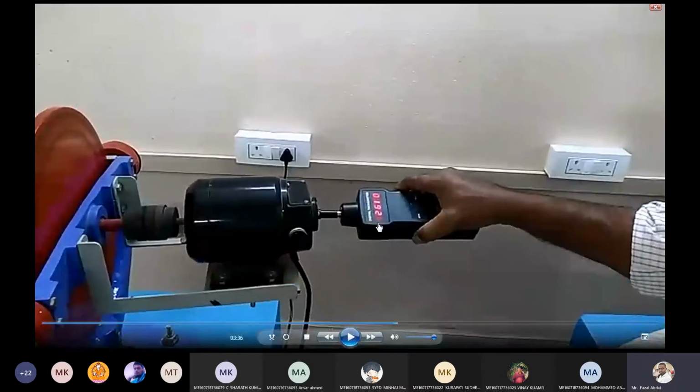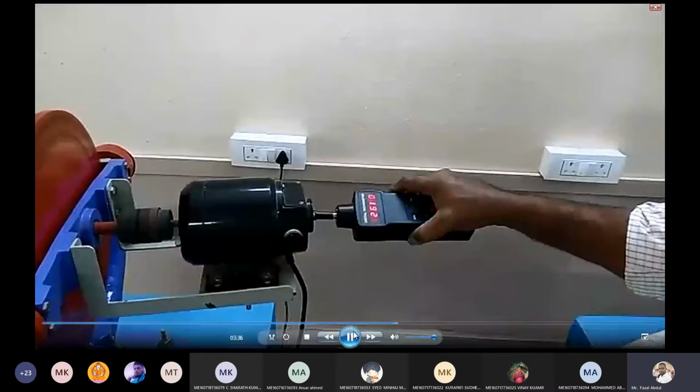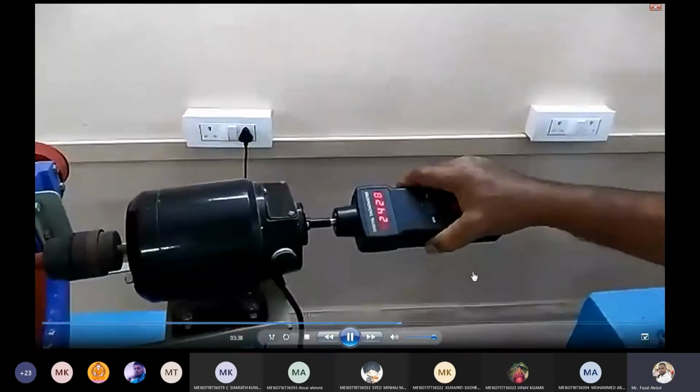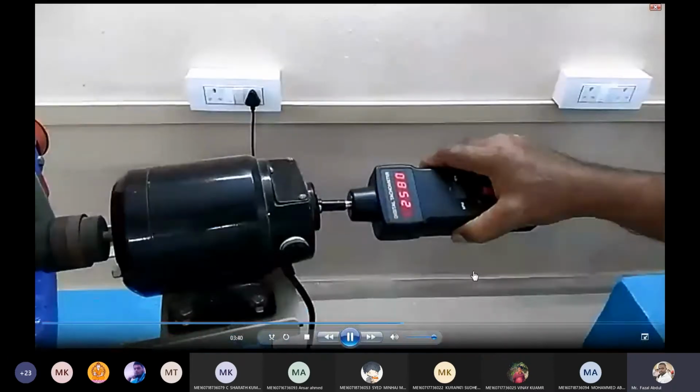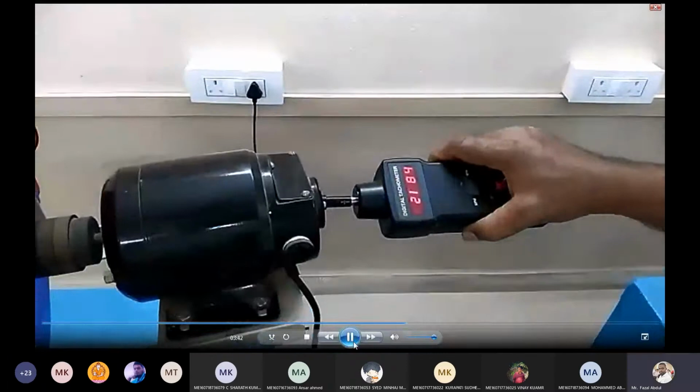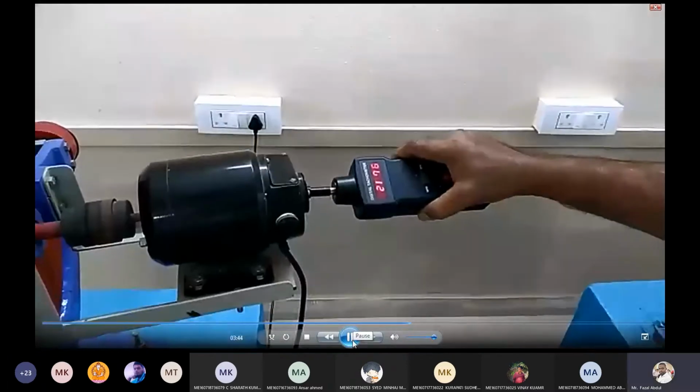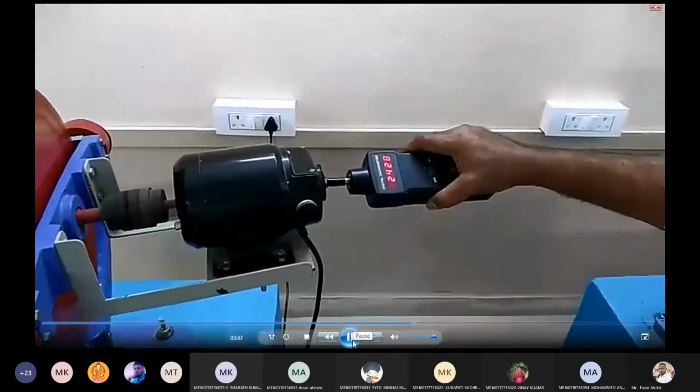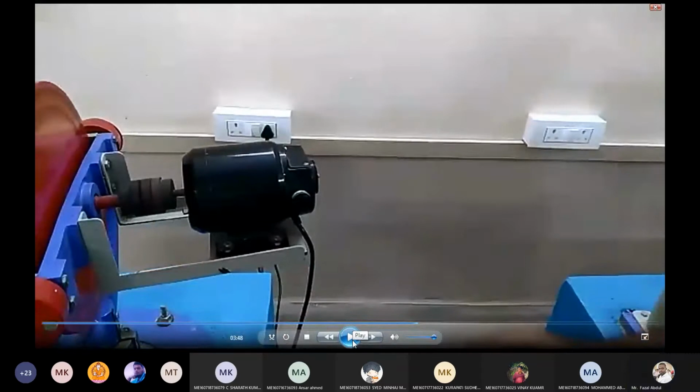Here we get the speed in terms of RPM. After taking the speed reading,